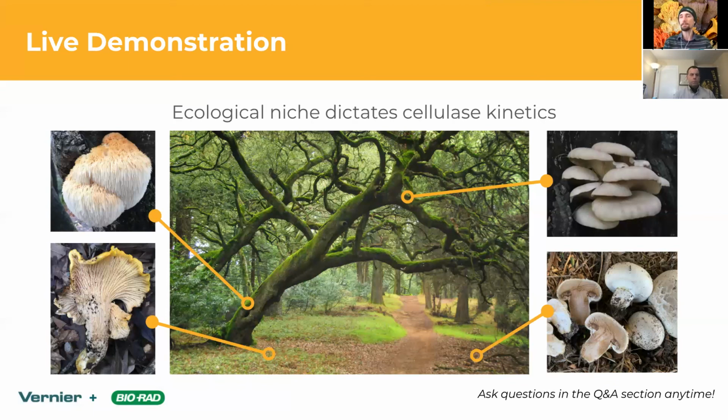So the first one on the top there that's all shaggy, that's called a lion's mane. That one is a parasitic mushroom. So it is actually using some of its energy to fight a plant while it's also eating the plant. If we go to the one beneath that, that might be one some of you have actually consumed. This is a chanterelle mushroom. This one's not beating up the plant to get the food. It's like, hey, let's work together. I'll kick you some stuff that's hard for you to dig up, some of these micronutrients, and you'll kick me back some sugar. And so this one doesn't have some of those enzymes that might be necessary to actually break down the wood to get food because it's getting a handout, but well, it's actually getting an exchange, right, in the symbiosis.